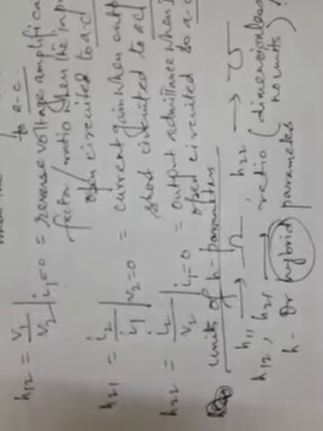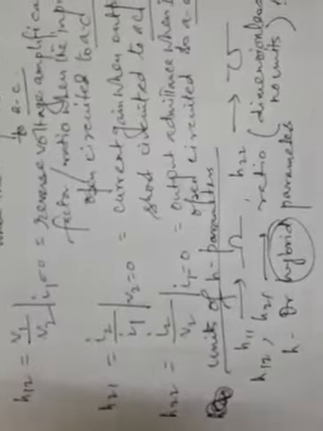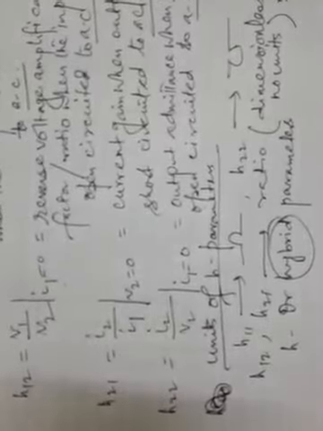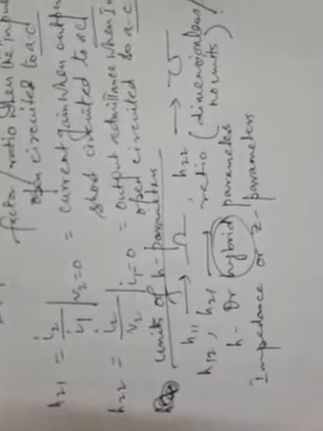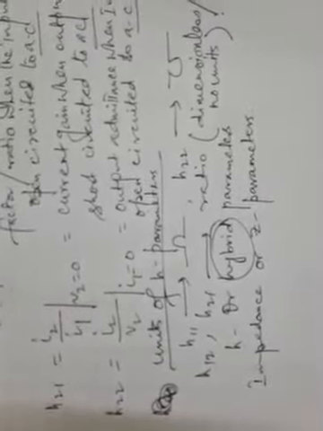Now, had we chosen two voltages as dependent variables and expressed them in terms of two currents, it would be possible to write a pair of equations, and those parameters would have been called impedance or Z parameters. Impedance or Z parameters you will probably not be using that much in analog electronics, but they will be very much essential for your circuit theory course.